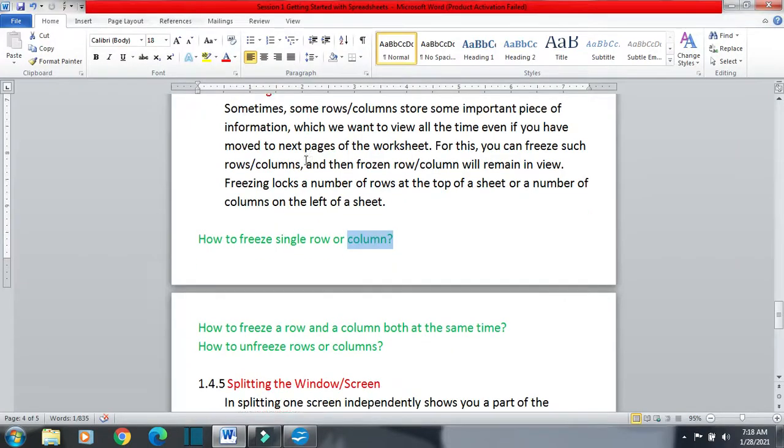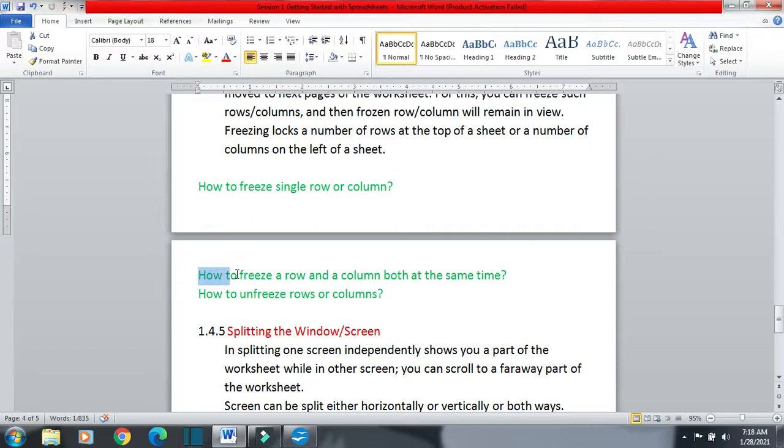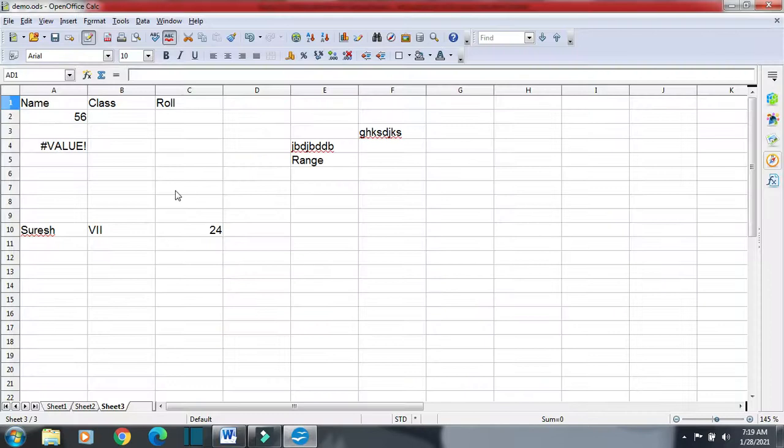so the next topic is how to freeze a row and a column both at the same time. Suppose I have to freeze at least one row and one column at the same time. Okay, so what I will do, I will click here.